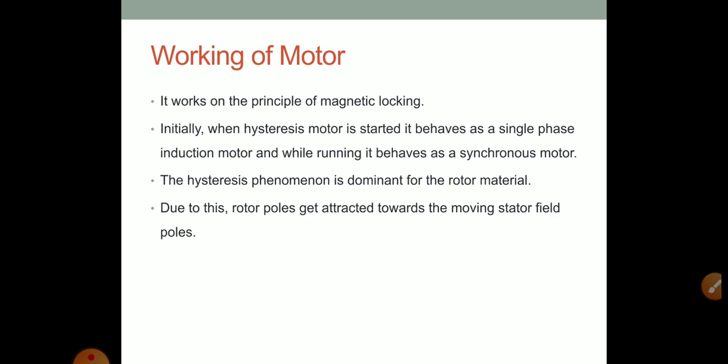Initially, the rotor starts rotation due to the combined effect of hysteresis torque and eddy current torque. But once the speed reaches synchronous speed Ns, the relative motion between stator and rotor becomes zero, and so the torque due to eddy currents becomes zero. That means eddy current loss completely vanishes when the relative motion between stator and rotor becomes zero. The high retentivity ensures continuous magnetic locking between stator and rotor.